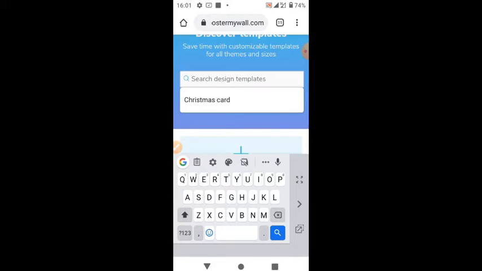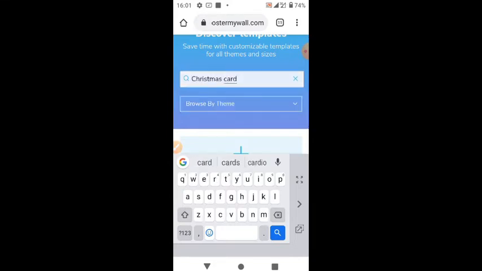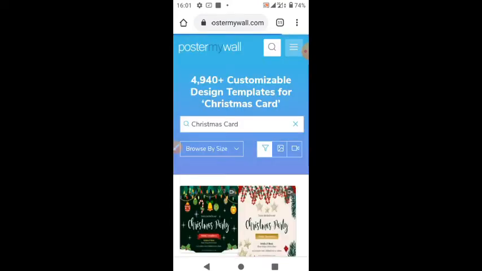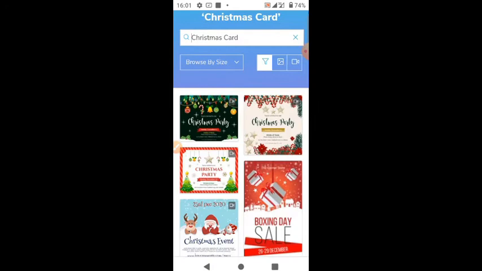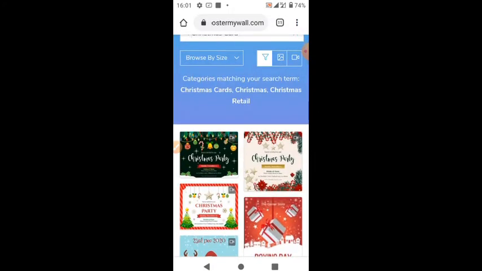Let me search for Christmas card. You can see lots of things here. And here, this one represents all, this one represents images, and the last one represents video.